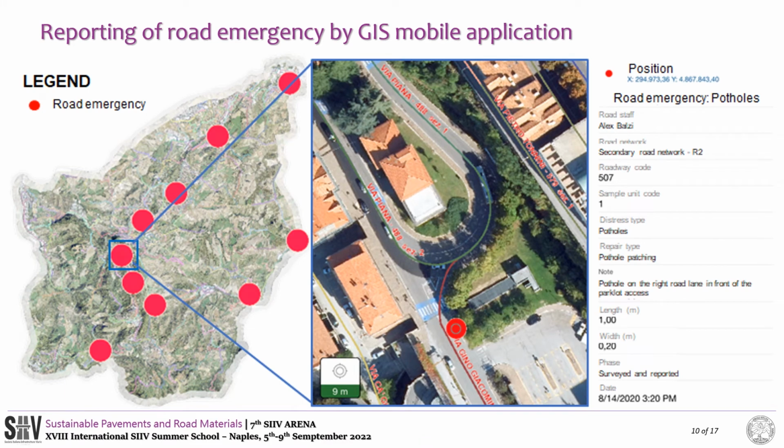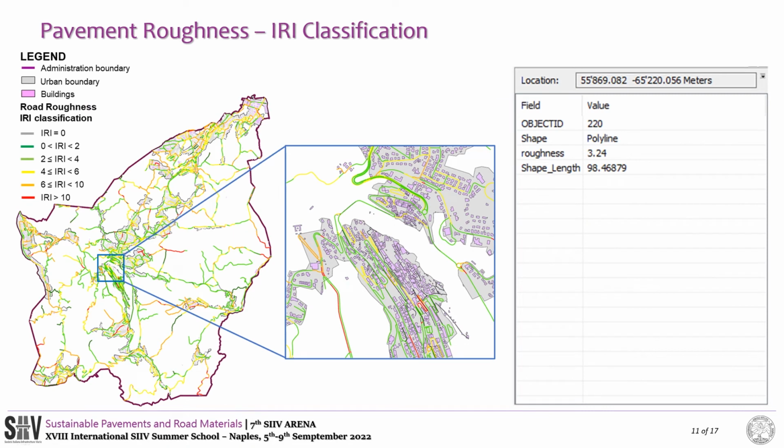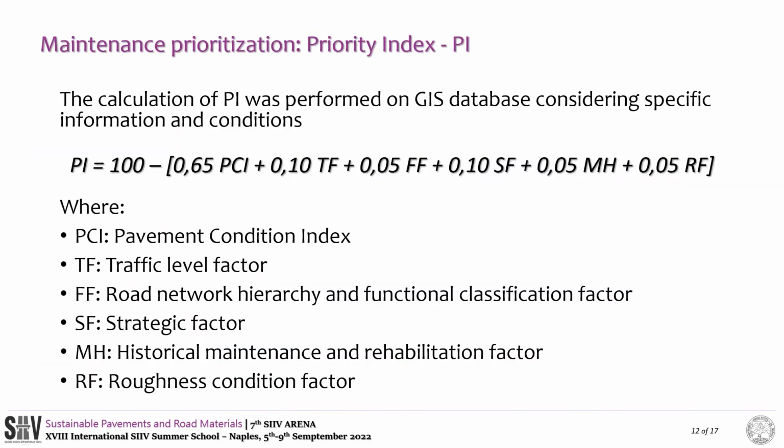To support road maintenance staff, a GIS service was created for mobile devices for the real-time monitoring and reporting of road emergencies on restricted areas. For the evaluation of pavement roughness, the International Roughness Index (IRI) was measured on specific routes using a selected application for smartphones. The prioritization of maintenance was performed using an expression that considers the following technical factors: the PCI values,